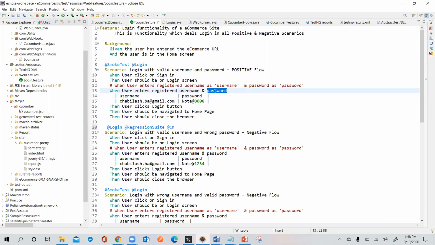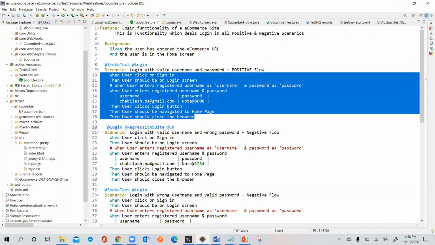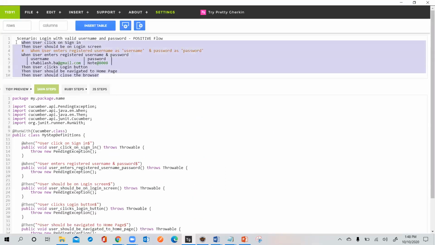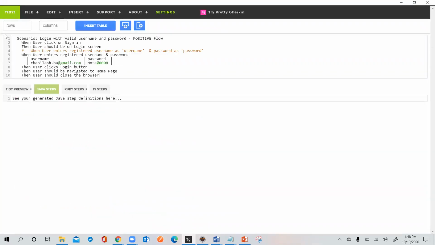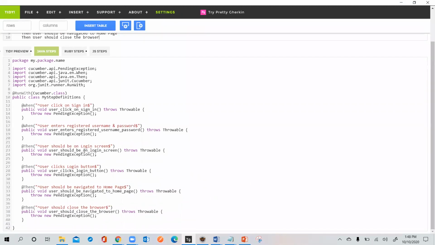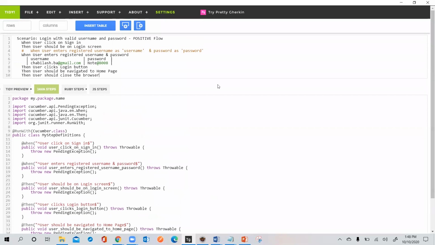Abhilash, can you take this scenario and then convert it into Gherkin? I'll just show it to you. Now this is the same thing, right? Come down, Abhilash, enter the username and password. Go to the top scenario. Keep that username and password in the less than, greater than symbols.